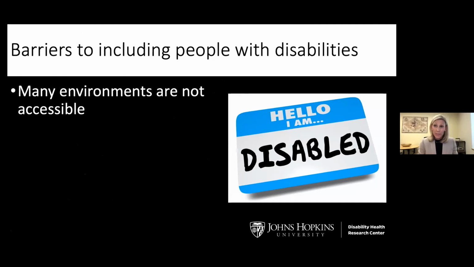The first is all about accessibility. This is accessibility of physical spaces, virtual spaces, and even social spaces. It really remains a large barrier for inclusion of people with disabilities. Because of the large underrepresentation of people with disabilities in science and medicine, that accessibility component tends to be an afterthought, particularly on the side of the researcher or the clinician, because the common thought is that, well, of course, people with disabilities aren't researchers or clinicians, and that's what we really need to change.